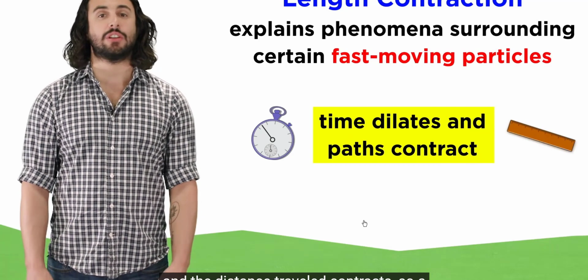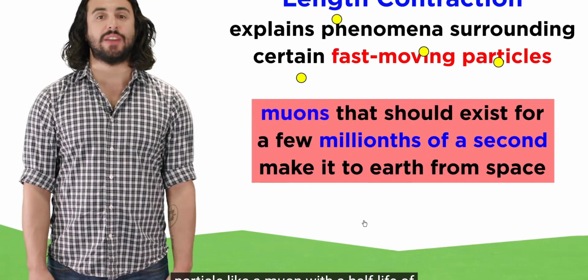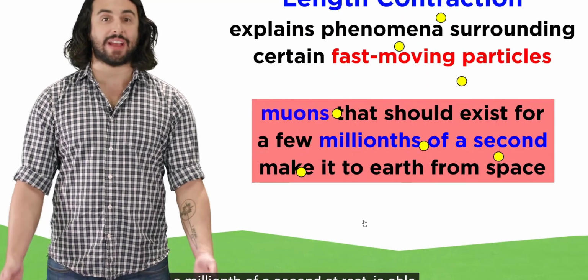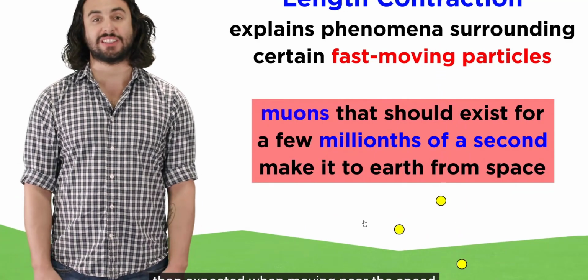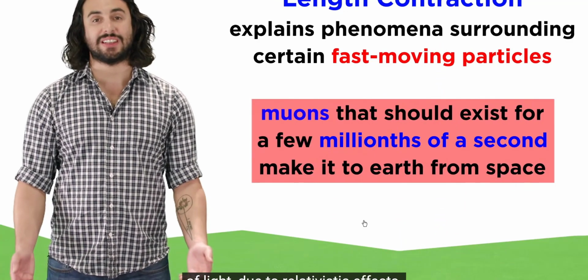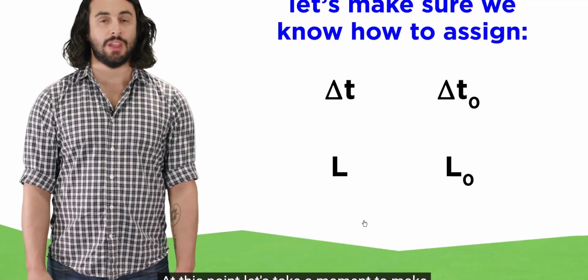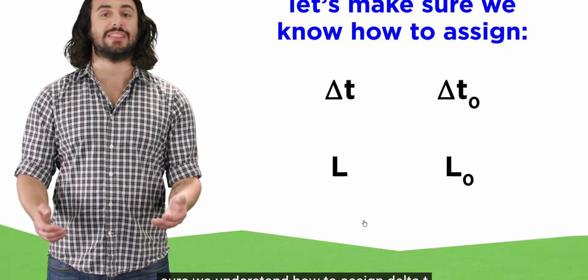distance traveled contracts. So, a particle like a muon, with a half-life of a millionth of a second at rest, is able to exist for longer and travel further than expected when moving near the speed of light, due to relativistic effects. At this point, let's take a moment to make sure we understand how to assign delta t and